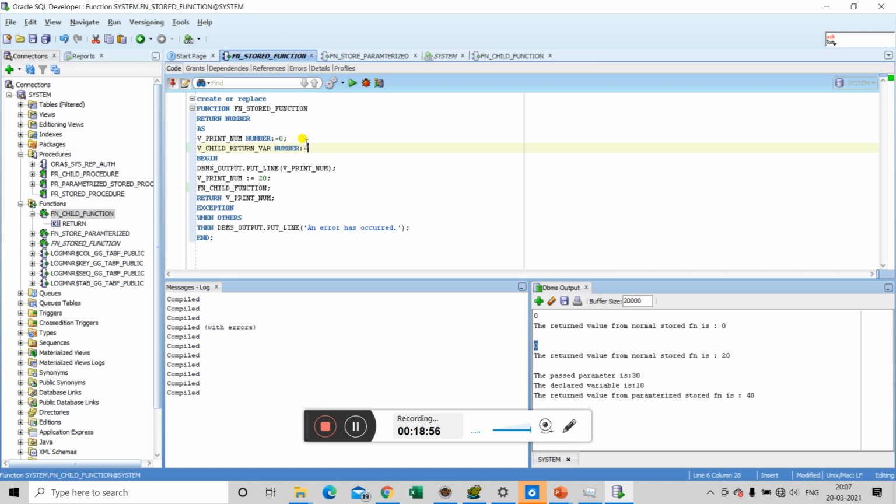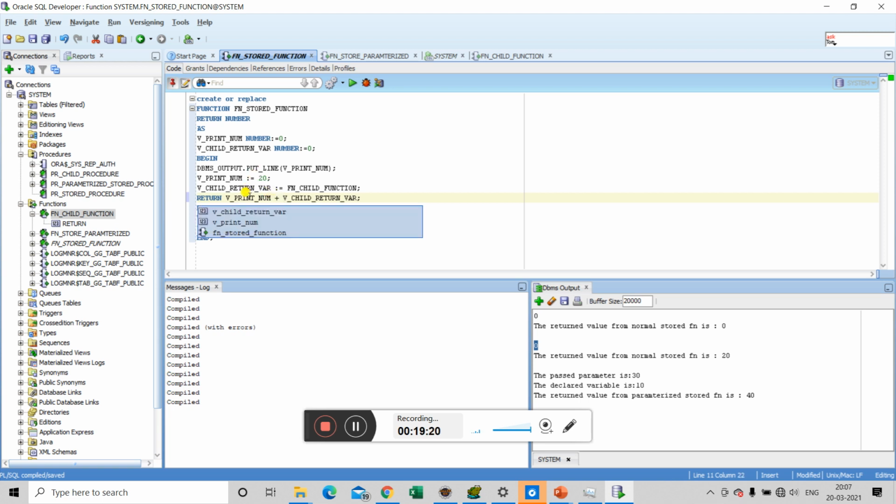So we will declare it with number and an initialized value of 0. Now that we have put in our code, let's try to compile it. It is compiled, but I think we need to do some mathematics on this as well. Let's just return a value that will be a sum of both the values, that is the print number and the child return variable.